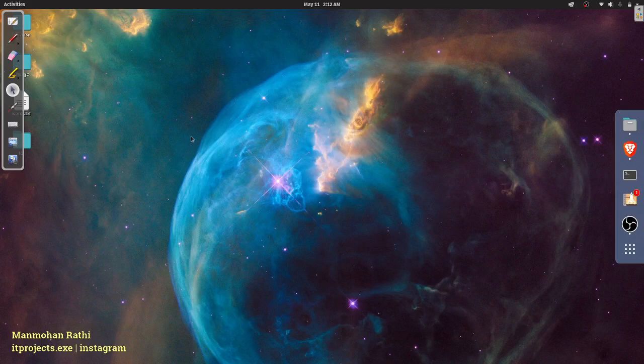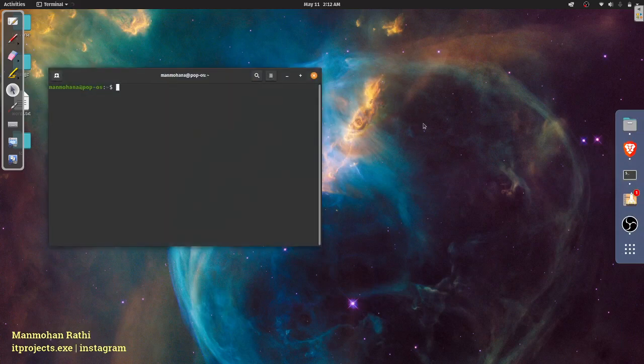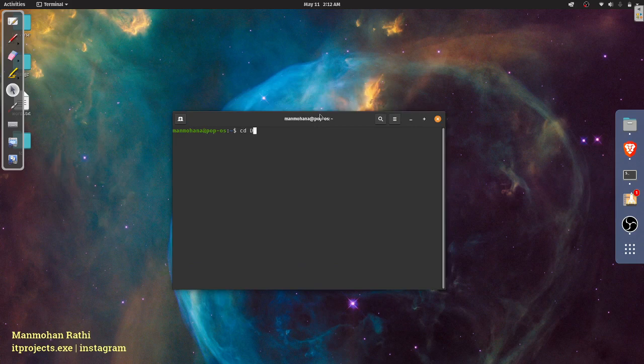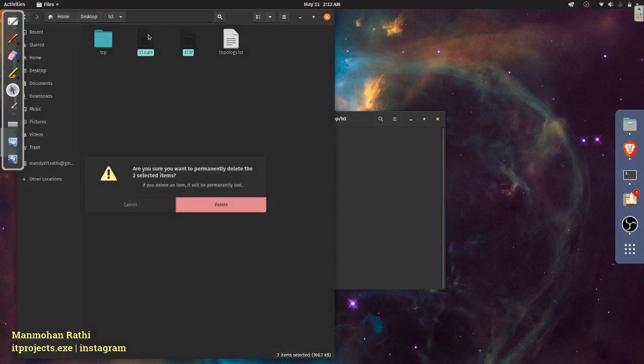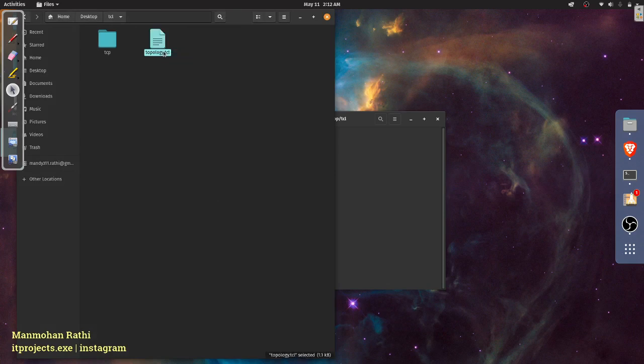So first of all, let's open up our terminal, and we need to go to the folder where it is created. I have saved the folder on my desktop, so let's go there. Desktop, TCL. So yeah, we have these files. For the sake of understanding, I'll delete some of these files that are created automatically when you run the program. So let's delete these. Okay, yeah, we need this file. This is the main code file. I'll open it and show you.